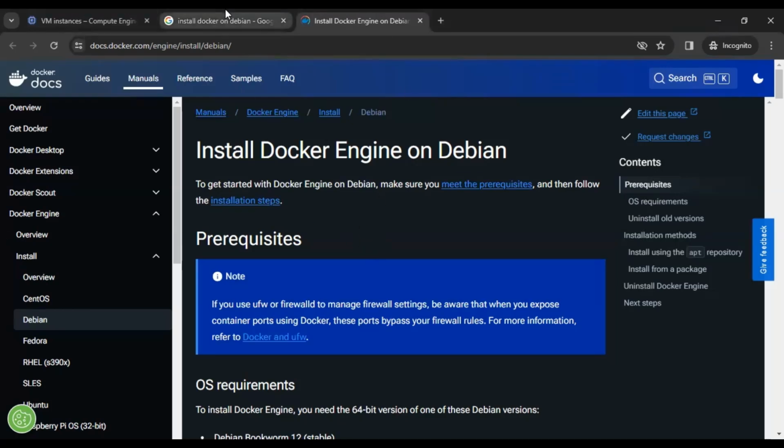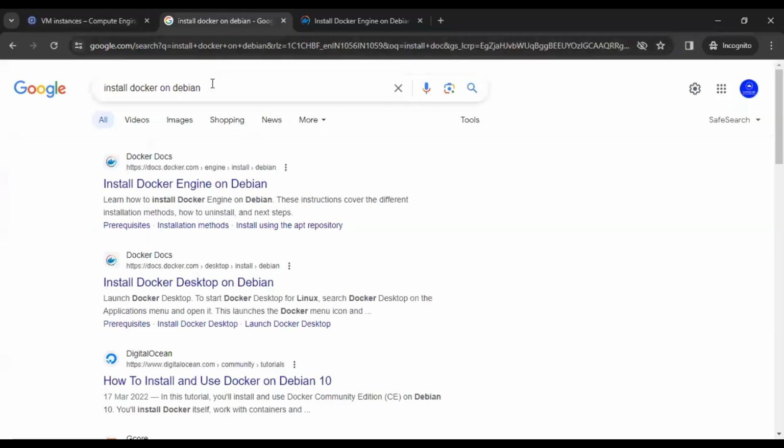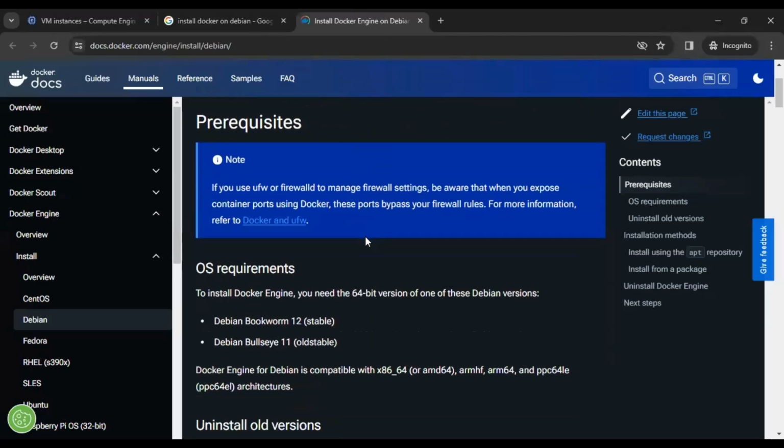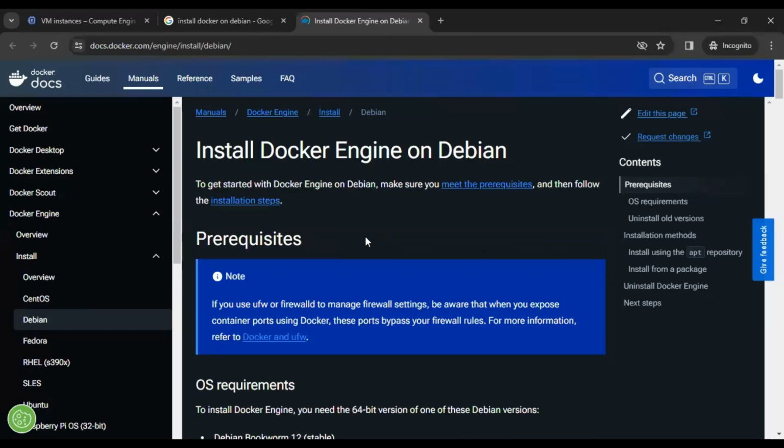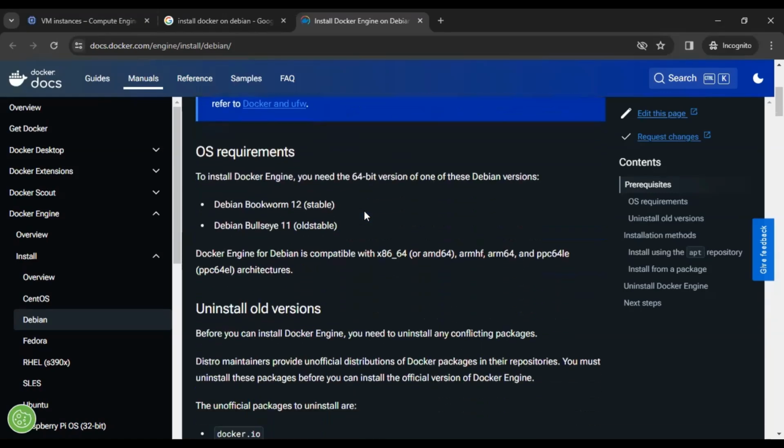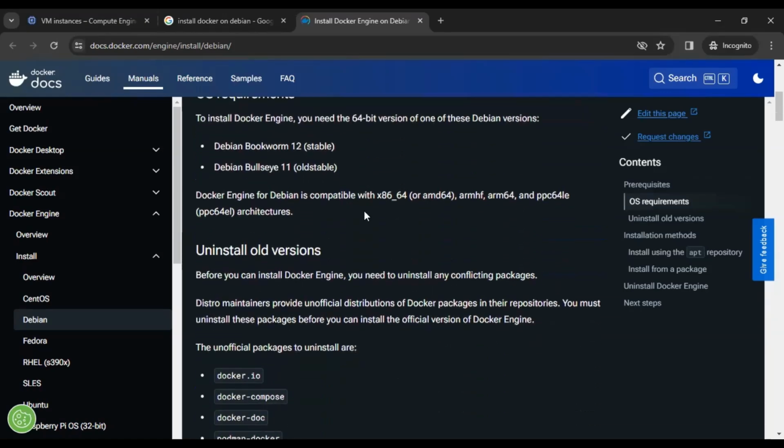So first and foremost, you have to go to Google and search "install Docker on Debian". And the very first link, you can find this instruction, how to install the Docker engine on Debian system. So Docker engine is the engine to run the containers. And we're going to install the Docker engine as per the instruction over here in the official docker.com